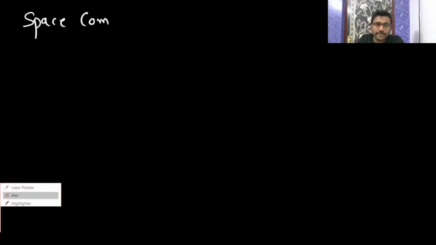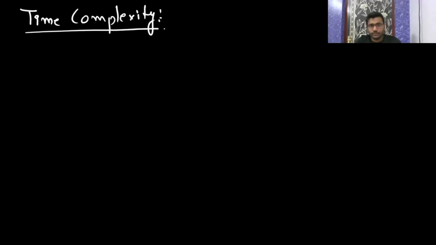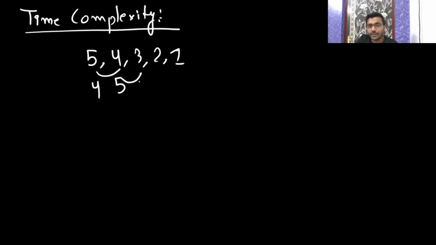Now we will analyze the time complexity. So what is going to be the average case, worst case, and best case? Time complexity. Now, the worst case happens when you are getting numbers in descending order and you are sorting in increasing order, like 5, 4, 3, 2, 1. Then it will get greater, 5. Then here it's 4, 5. Then here it will get 3, 5, like this. So the worst case happens.